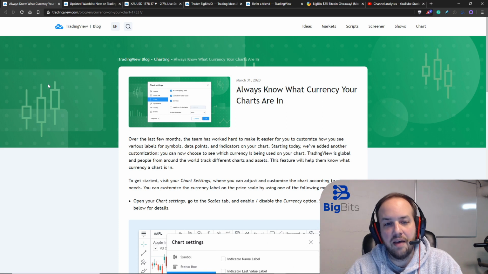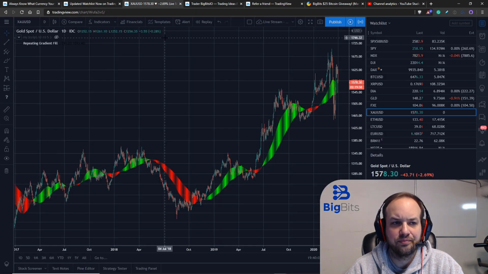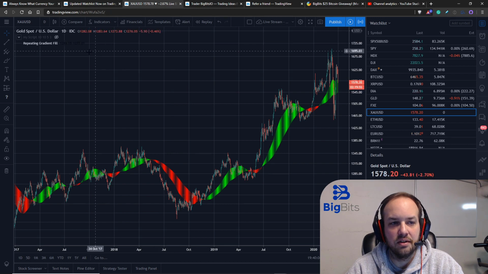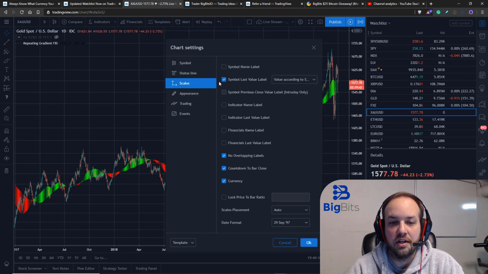Now, the first thing that they've added is an option to show you what currency your chart is in when you're looking at your trading charts. So, for example, this is gold spot versus the US dollar, and the currency you're trading in is the US dollar. So it shows up here USD, and it's a pretty simple topic to understand here, but this is a setting on your chart, and you'll have to go to the scale section and uncheck currency if you don't want to show that. If you do want to bring it back, you can also check it to bring it back there,